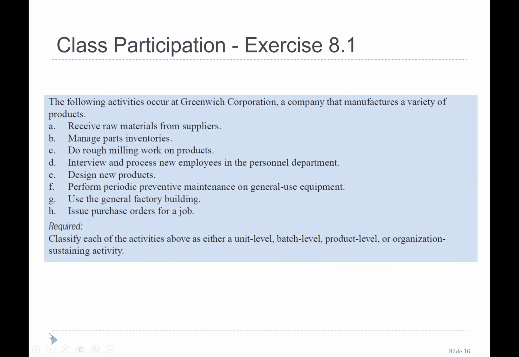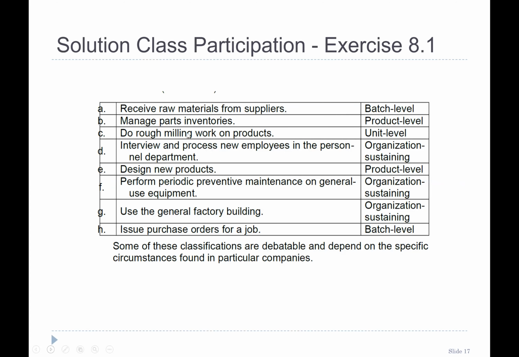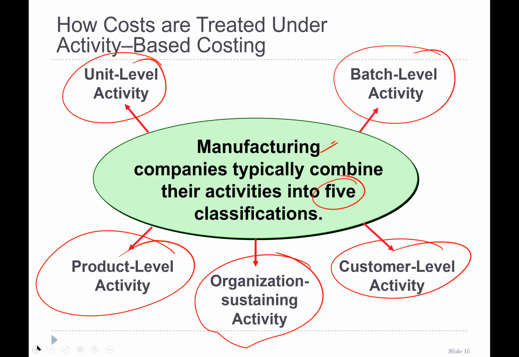So I think we need to talk about first, okay, here we go. I think from this example, you will understand what we mean by the unit activity level. If we are producing the same unit, then we apply the batch activity level. I think we should do some examples, then you will understand that. Here we go.